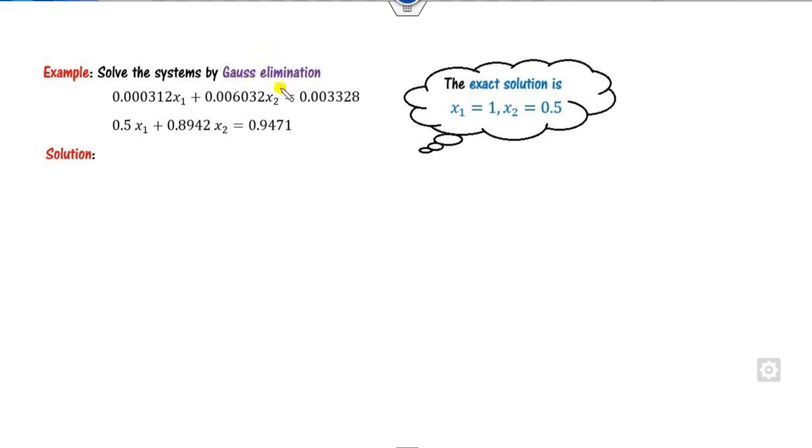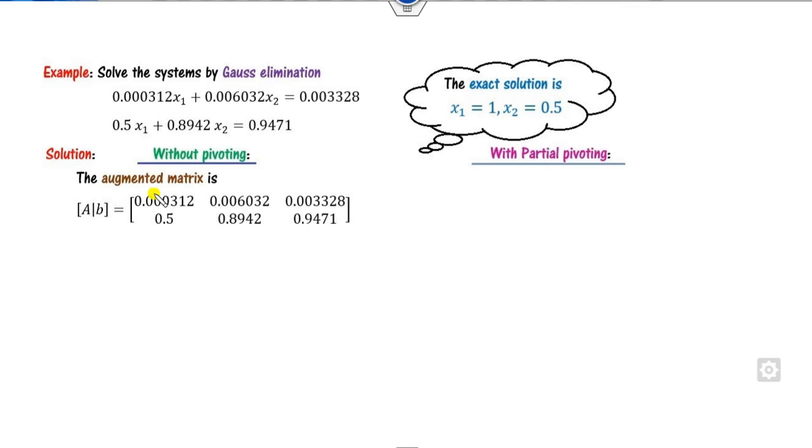Look at this one. So solve this system. Clearly say this is Ax equal to B. If you solve this system either by Cramer's rule or by the matrix method, you will get the exact root as here. Now solve this system by partial pivoting and without partial pivoting. Let's see. Now you can see the augmented matrix here. This first value, which is approximately 0, fine, it means we need to do partial pivoting. But if we try to solve without partial pivoting, then what will happen?